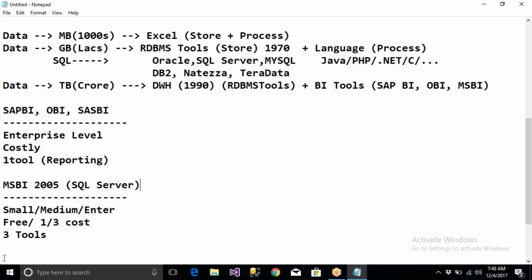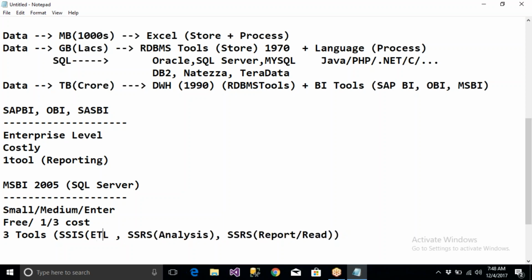And MSBI is not a single tool, it is a set of tools, that is three tools. So SSIS is the ETL tool we are talking about. Now SSAS is the analysis tool. Here we're going to analyze the data, we're going to process the data, and SSRS is the reporting tool, where you're going to do a lot of visualization, or data reading is done with the help of these tools. Clear? So these are the three tools Microsoft is giving, and now